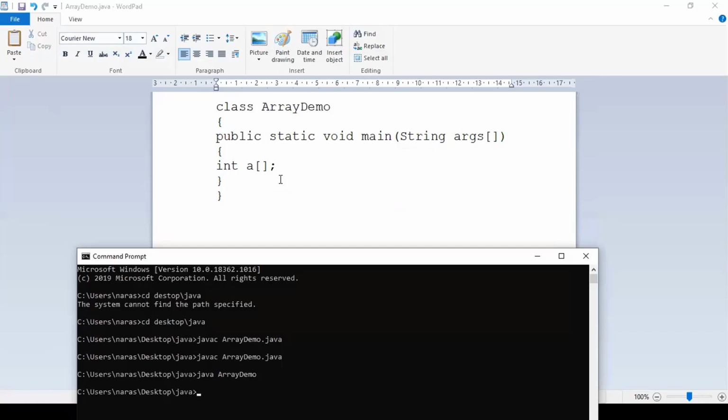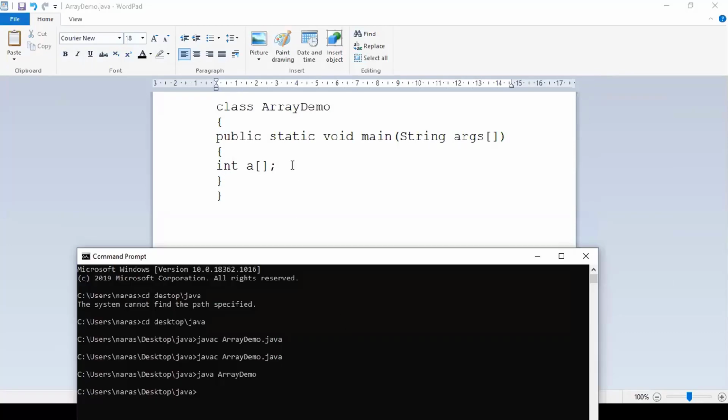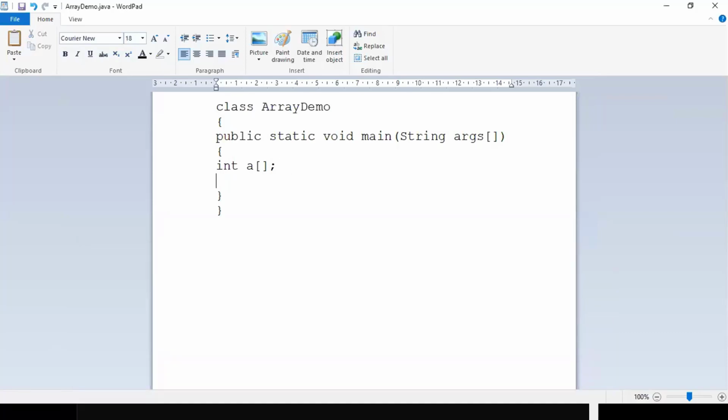Right? It doesn't give any error because we have followed the syntax properly. Assume I have written something like this: a of 0 is equal to 10. I'm just showing you a justification for the statements which we have written. We said that if you are just declaring, there will be a logical existence of the array, but not the physical existence. So now I'm just declaring this variable and trying to put at location 0 a value of 10.